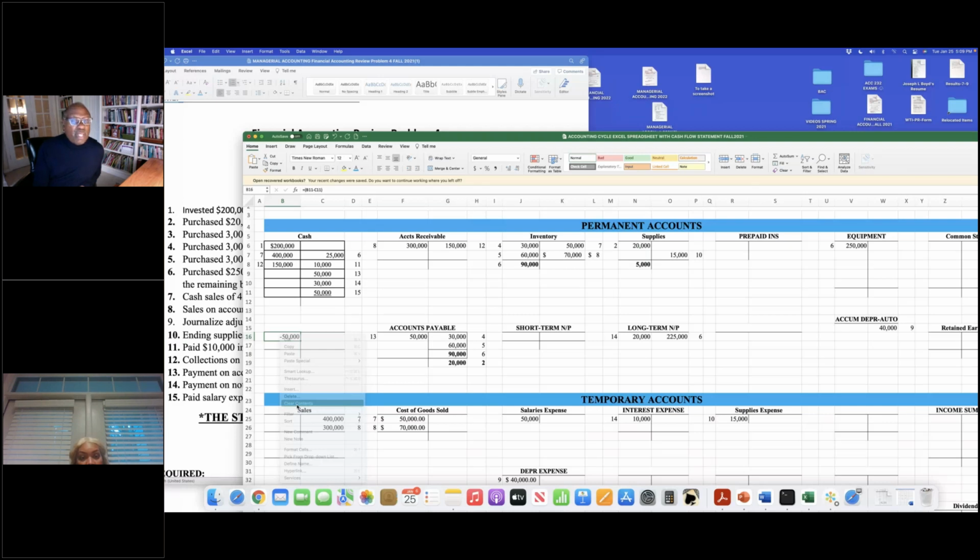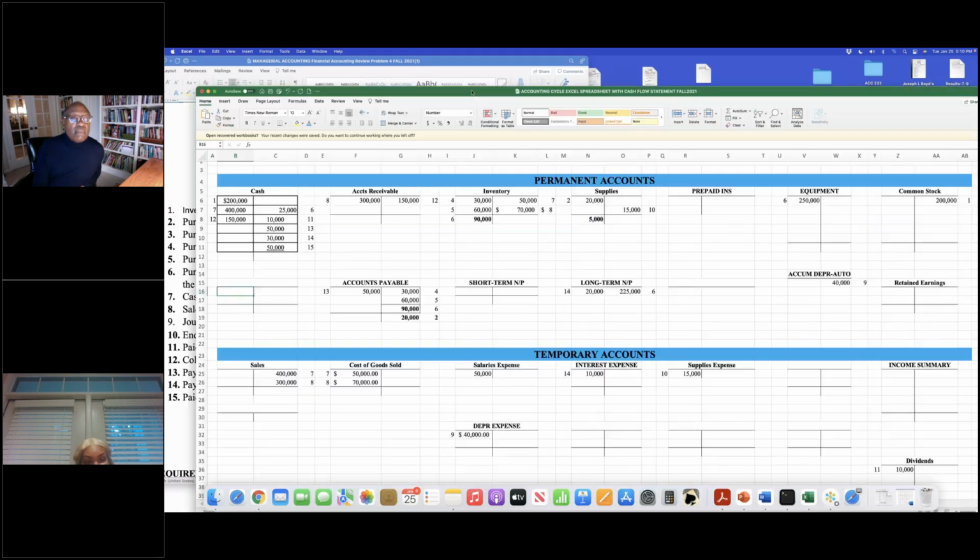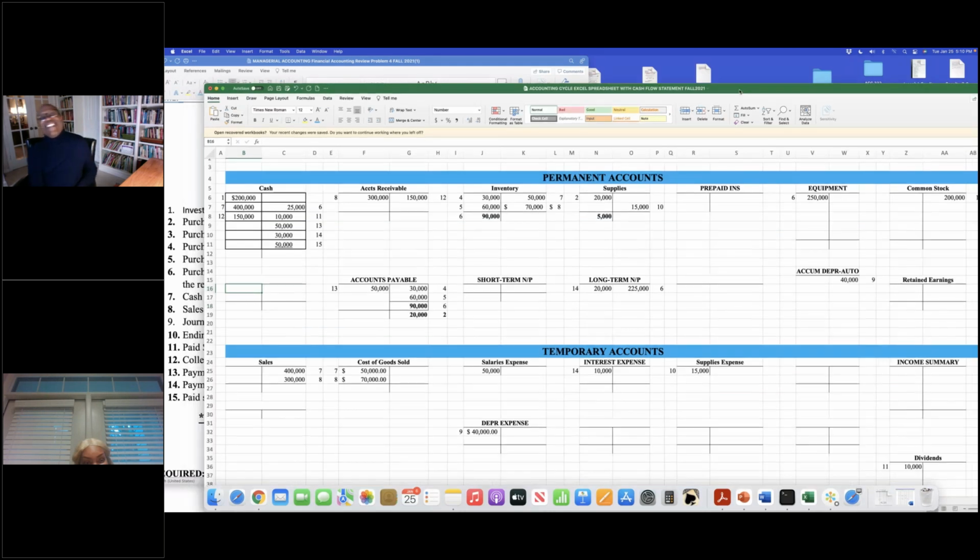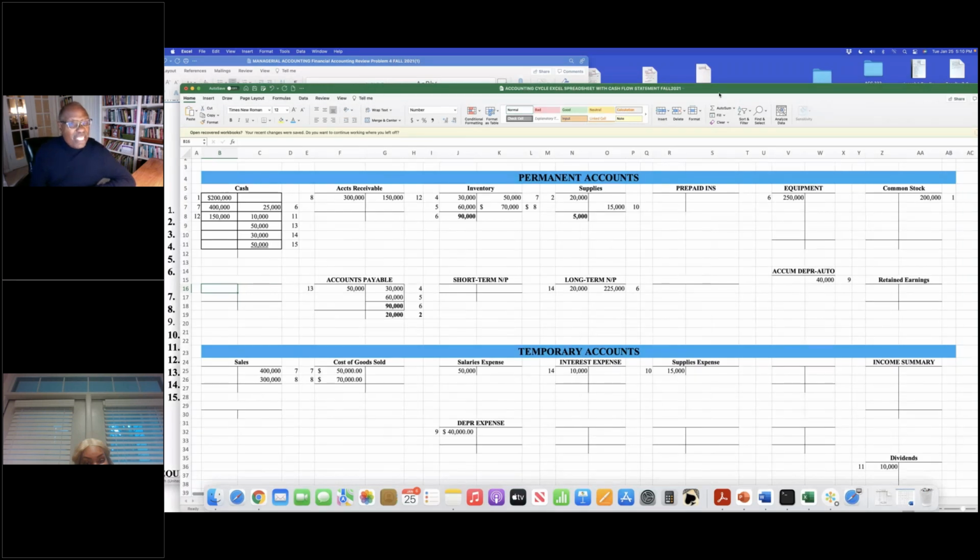This is why we like to use Excel. You can see, right, Audrey? Yes, sir, I can see. The reason I said that is in my last class, a person said they could not see the screen and could not see what was going on. But when we have Excel and we get ready to determine balances, we don't worry about our cell phones. We go here and we just hit